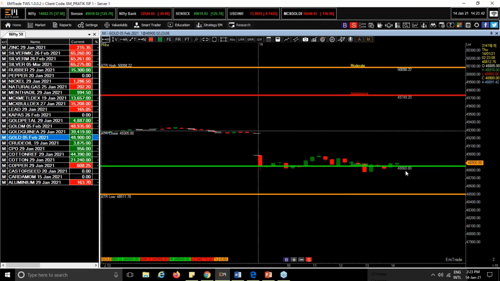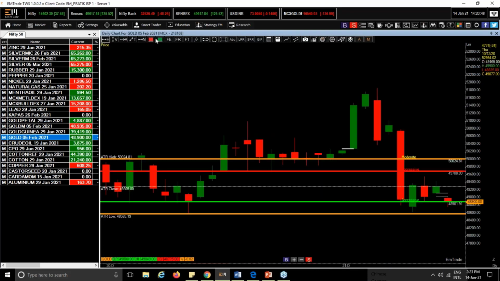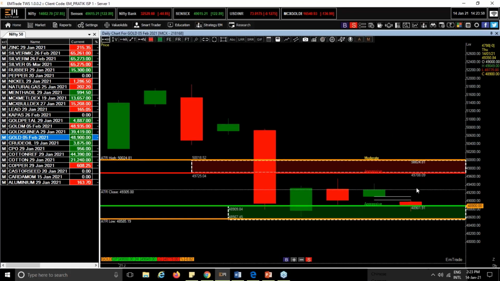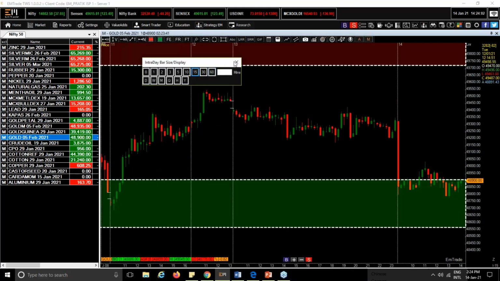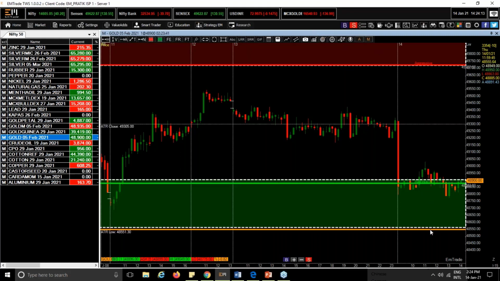So 48,860 is the support level. One more time for your gold M chart. So I just draw the support level. These 2 bands act as support and the above 2 bands act as your resistance. Under the support level, change the time frame. Now your price for gold is traded under the support zone. When your price is traded under the support zone, take the stop loss at the 4th band. So 48,551 is your trailing stop loss, 400 points below, and you can enter the trade if you want to take the aggressive trade.